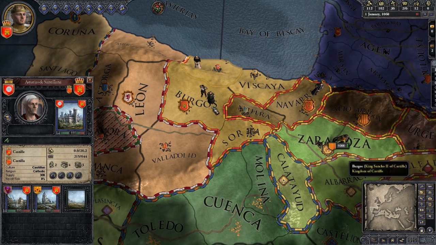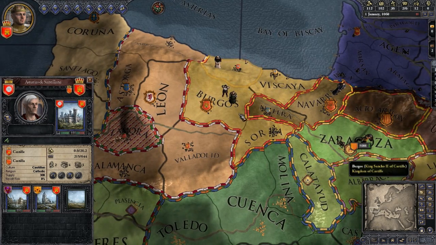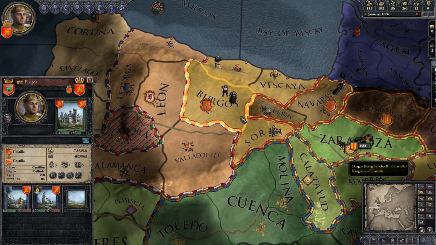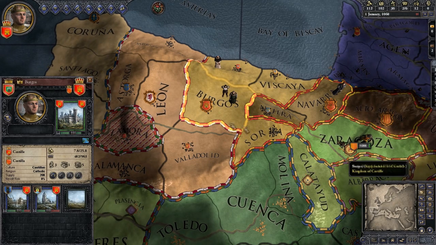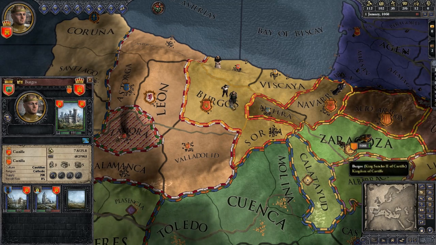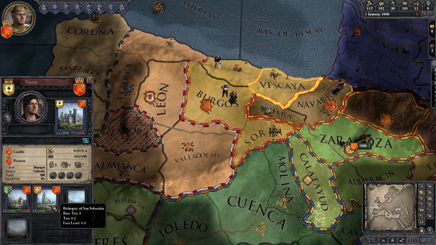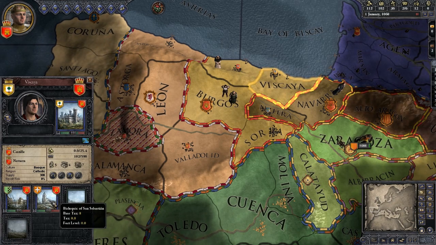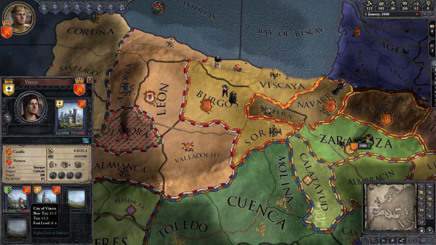So one other thing we're going to look at real quick is the construction stuff. And I know I only touched on this briefly, but if you look at these areas, these are the two areas that I control personally, and these two I don't. So Vizcaya over here, if we look down here, it has two things, the city and the church, I believe it is. If we click on one of these,